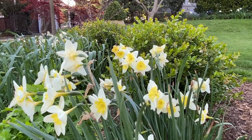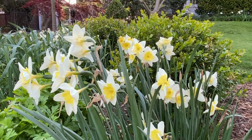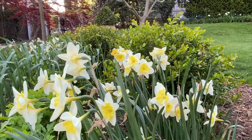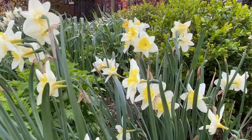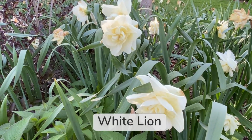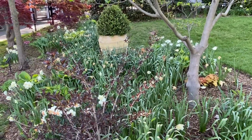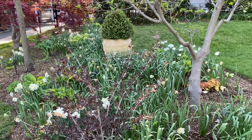I also have some mislabeled daffodils. So these, for example, when they opened, I thought they were Sweet Love. They're very similar, but the middle is definitely more yellow. So if you know the variety of this beautiful daffodil here, definitely let me know. These here are White Lion daffodils, and they are definitely on their way out. In fact, all of the ones that you see back there were White Lion, and they were beautiful,